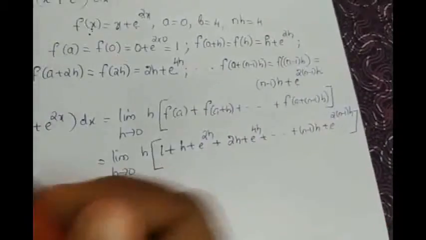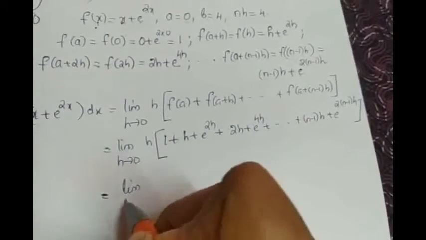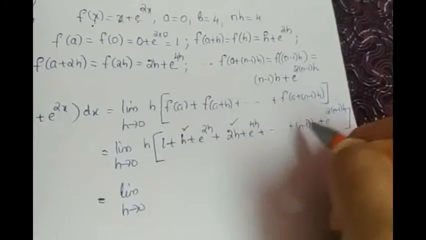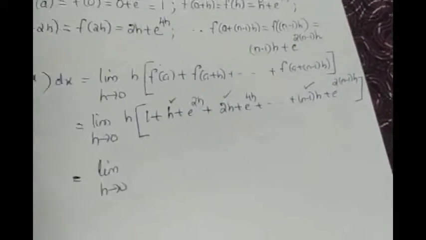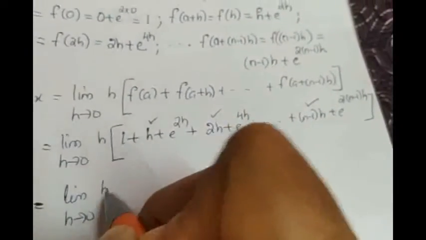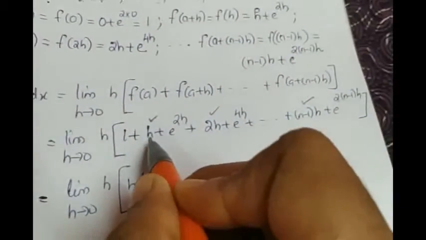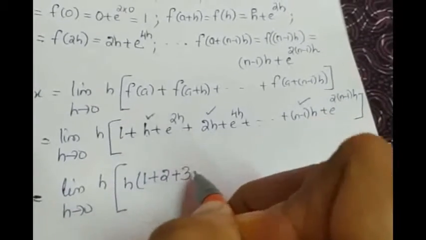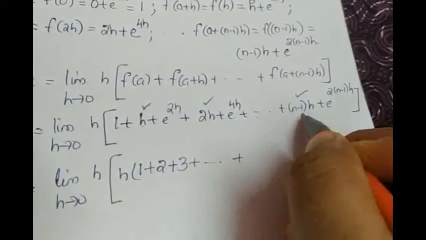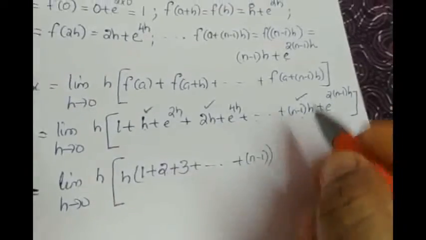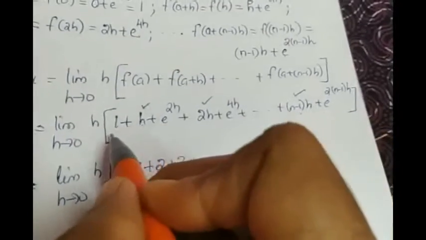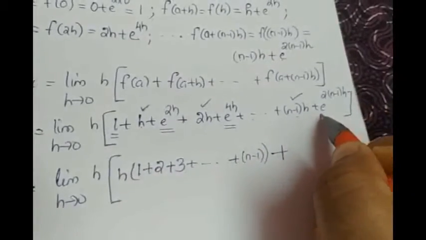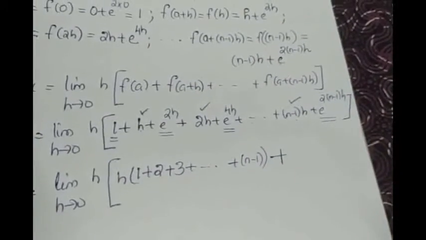Okay, again we will arrange the terms, that is limit h tends to 0. Here we will take h, 2h, the next one will be 3h, etc., n minus 1 h together. And what is common therefore? h is common. So h into, the balance here is 1, plus here the balance is 2, in the next term the balance will be 3, plus etc., plus in this term the balance is n minus 1. Plus the balanced terms in the bracket are 1, e raised to 2h, e raised to 4h, etc., e raised to 2 into n minus 1 into h.